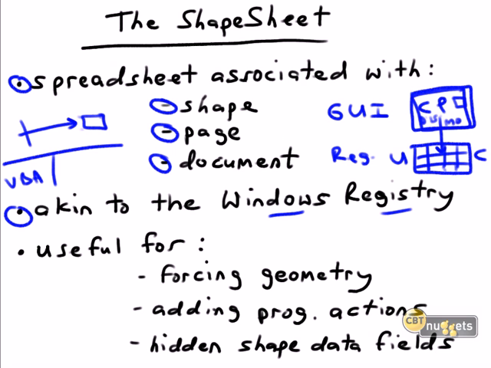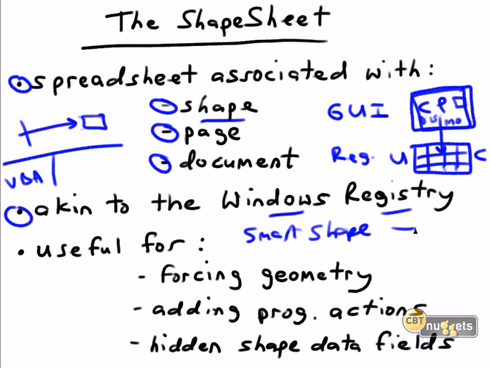Now the shapesheet, as a spreadsheet, and you're going to see this in detail in our upcoming demo, records everything you wanted to know and more about a particular Visio object. For a shape, for instance, the shapesheet is going to have cells that track the shape's size, its horizontal position, its vertical position, its geometry options, its protection options, its text block options, and then we go into what Microsoft calls the Smart Shape idea.